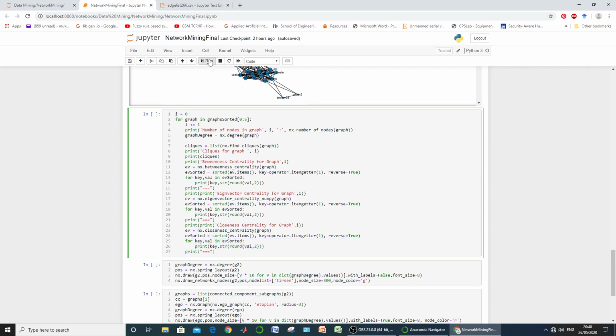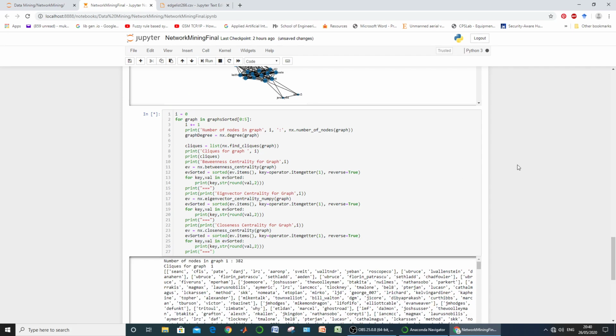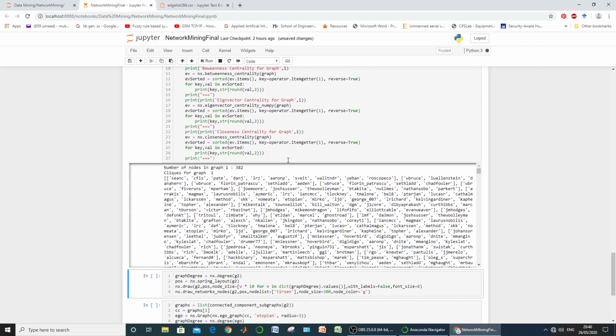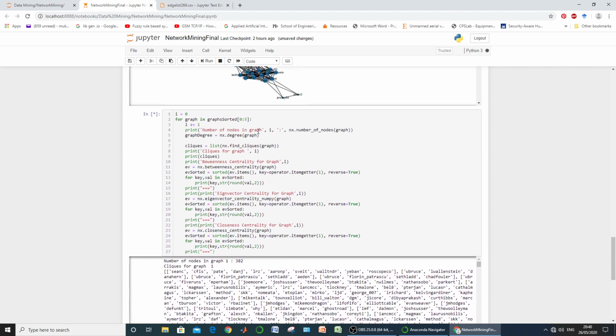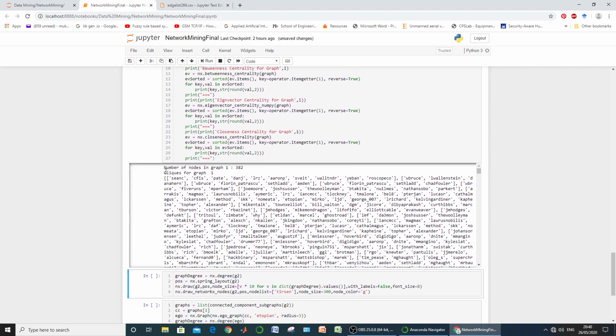Now if we execute this, it returns the output for the first graph we started with. The first graph contains this many nodes, and these are the cliques. This is a particular clique for graph number 1, meaning these are the nodes which are connected to form a complete subgraph.